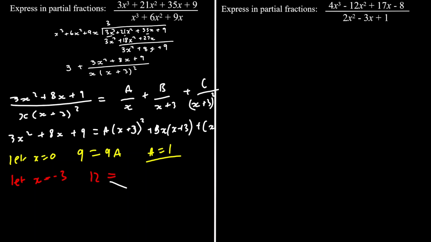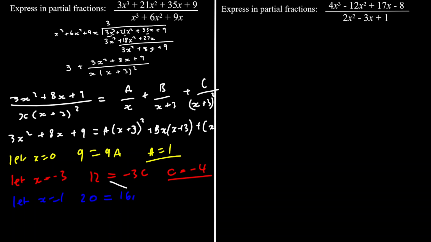That equals minus 3C. C is negative 4. And then we still need to find B. So let's let x equal 1. So 3, 8, and 9. That makes 20. So 20 equals